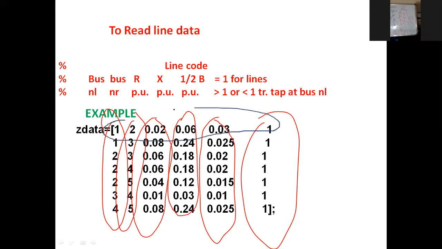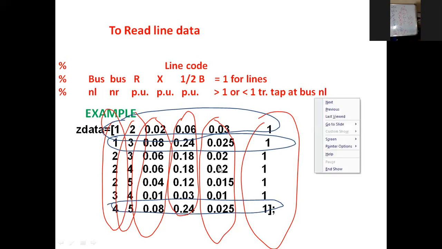Can I take these are all rows? So what I am reading, first row, then column.